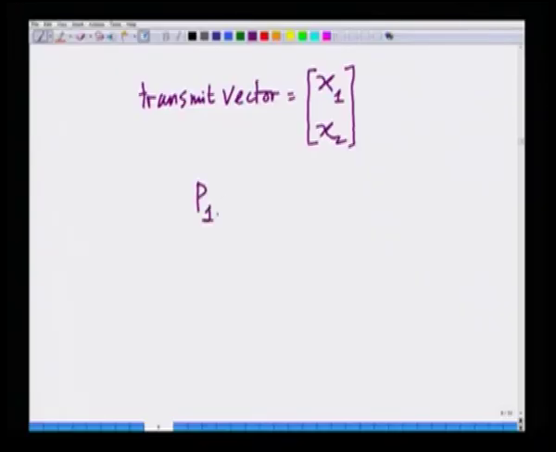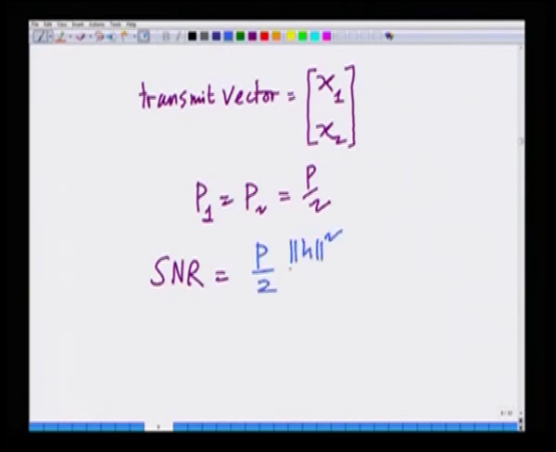Hence, P1 equals transmit power of x1 equals P2 equals transmit power of x2 equals P by 2. Hence, the transmit power is split between each of these streams as P over 2, which means the SNR equals P over 2 norm h square divided by sigma n square,